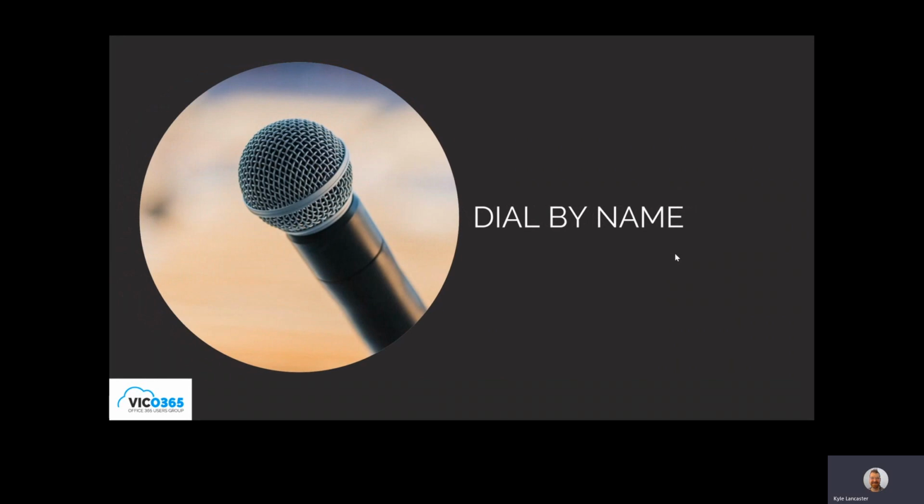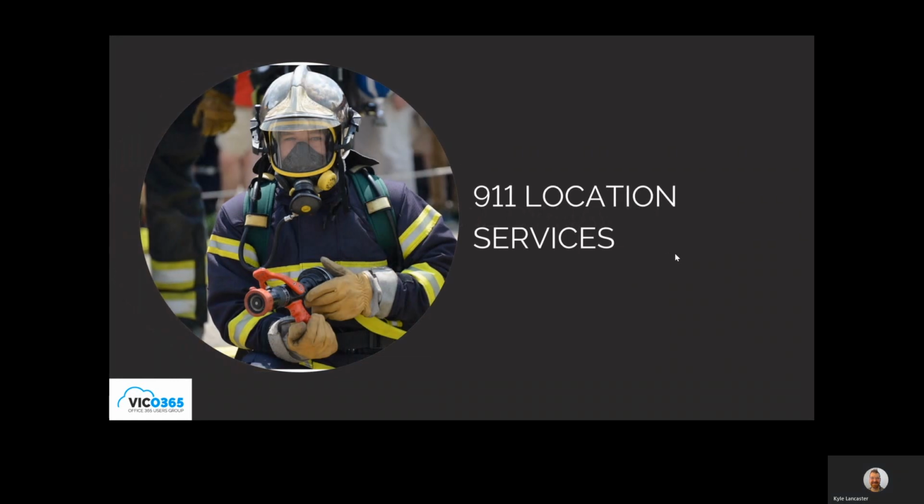Dial by name. So the days of having to remember your party's extension are gone. There are no extensions in Microsoft Teams. Instead, you just say the name of the person you're trying to reach. So you dial in and you want to talk to Matt, you just say Matt. And then it'll say, did you say Matt Longpre? Yes. Boom. It'll direct you straight to him. You don't need to know his number. You don't need to know anything else. You just say the name of the person and it'll direct them to them. So it's a pretty cool feature.